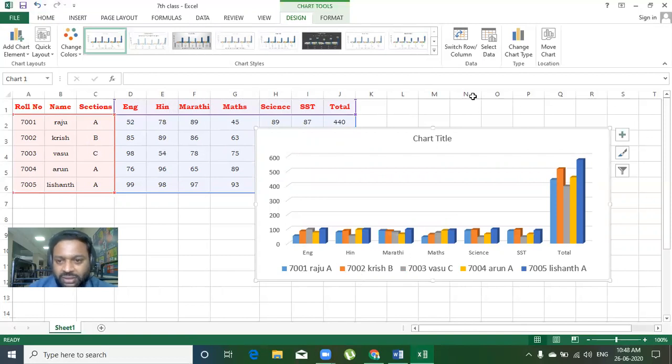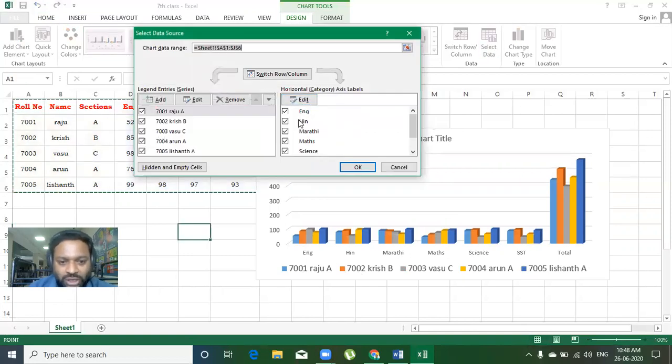Then there is one more column, that is the subjects column. Even if you don't want to see the data series of the languages, or only one subject, you can disable those subjects and those subjects' data series will be hidden. Click OK.